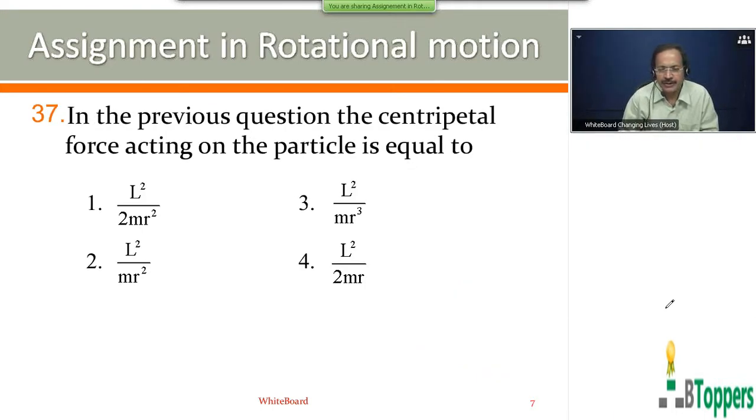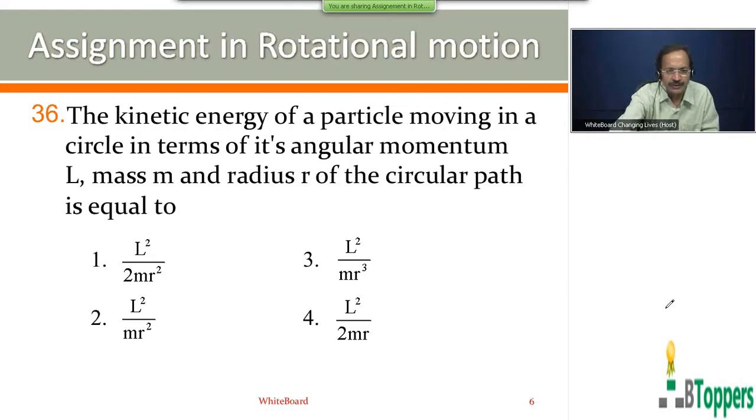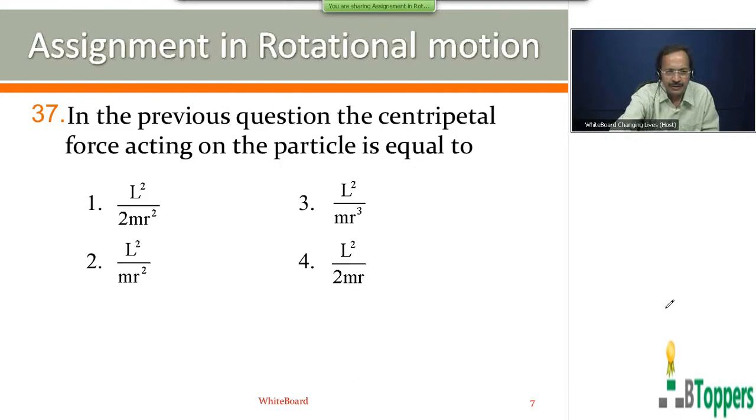So see the next question, 37. For the previous question which I just discussed, 36, first option is the answer. For the 37th question, the centripetal force acting on the particle is equal to. So the magnitude of the centripetal force is equal to, you can write